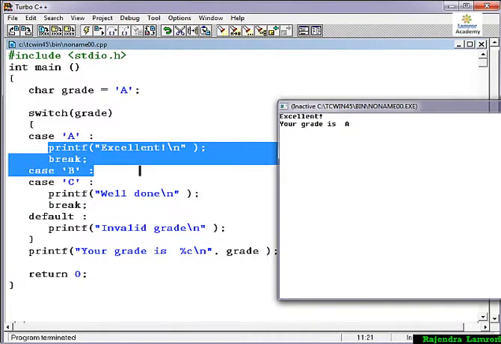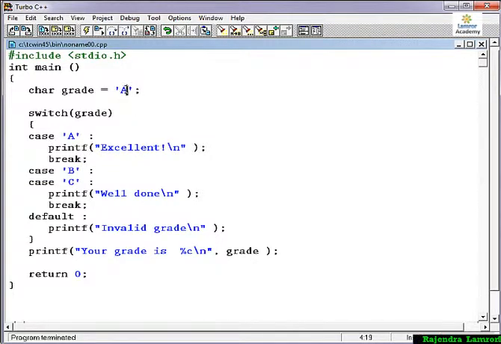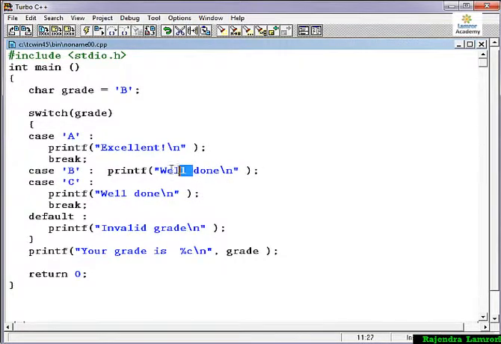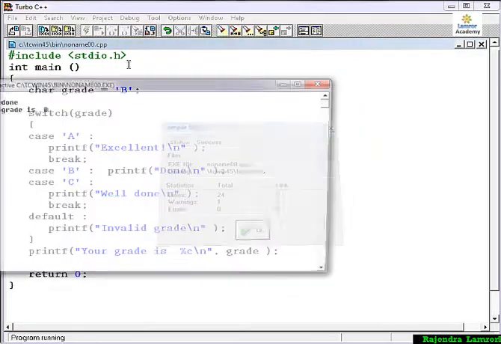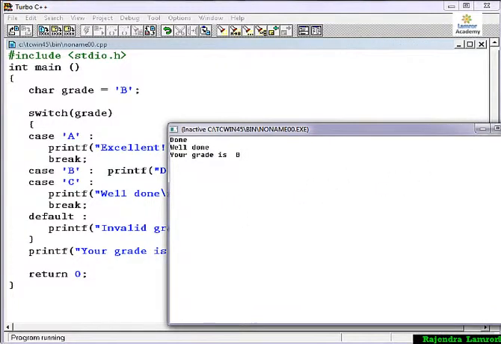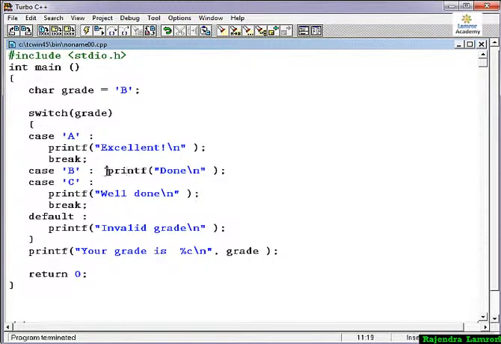Okay, if you do not put the break, then what will happen? Here I am showing it with b. As you have seen, we haven't printed anything inside b, but if you want to print something, we just copy and paste here, so the printing is done in b. After the printing is done in b, it goes to c, because we did not put the break statement. Then whatever is written in c will run, and then we break and come outside the switch case. Now you can see here, well done, then came outside the switch, and the grade is b. So you can see the value of break here.